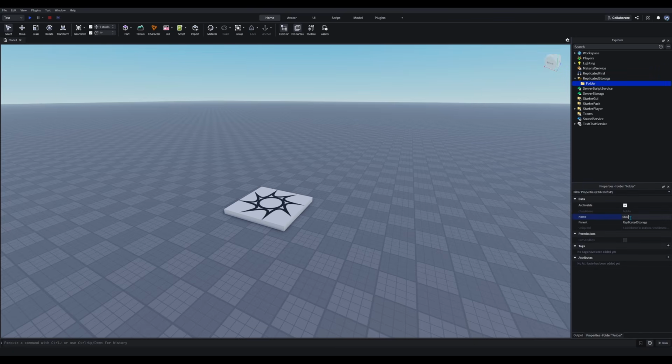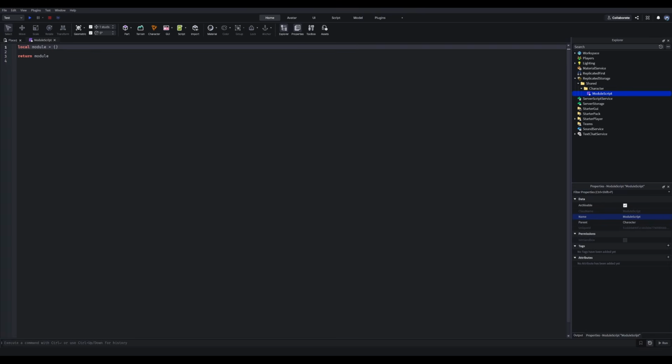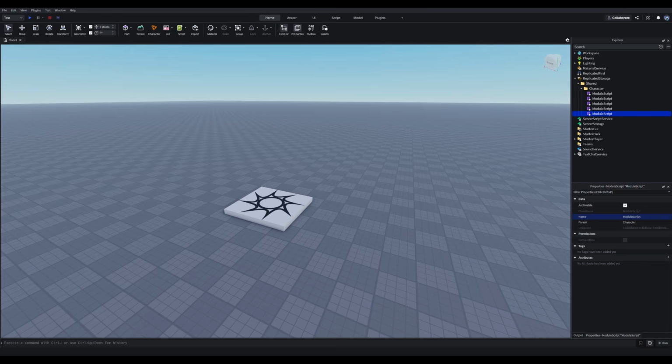First of all, we're just going to want a shared folder, and inside we can do a character folder, and inside there we're going to want 5 module scripts. Now I'll explain why in a minute, but for now I'm just going to name them all what we're going to have. So we're going to need the character's animations, obviously. We're going to have the character's config,